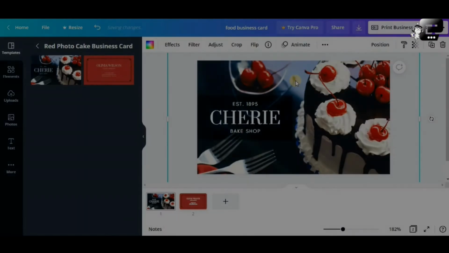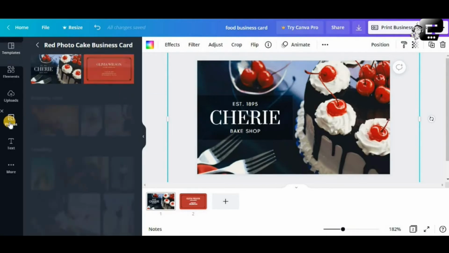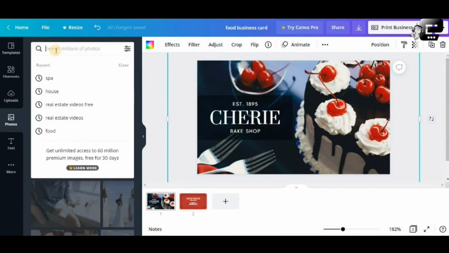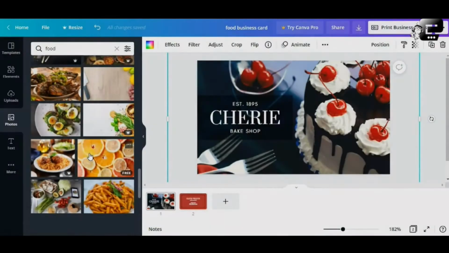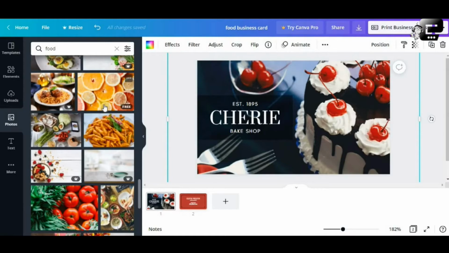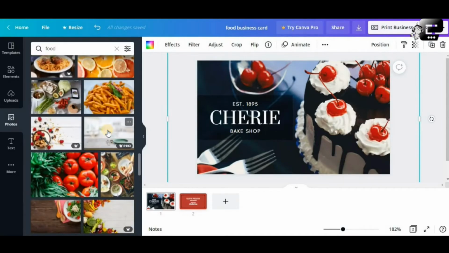This is really nice. Let's say, for example, for the sake of this tutorial, you want to change the image. Go to photos here on your tools panel, and on the search bar here you can type in food. A lot of free images will appear on your tools panel.